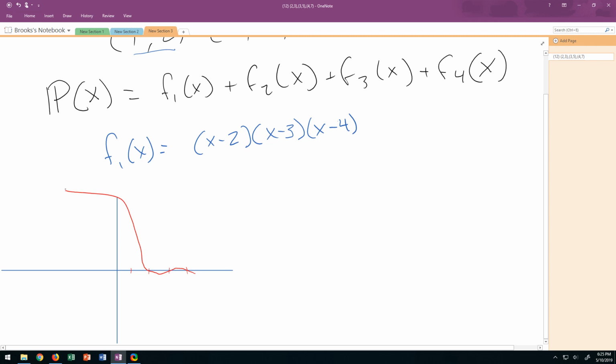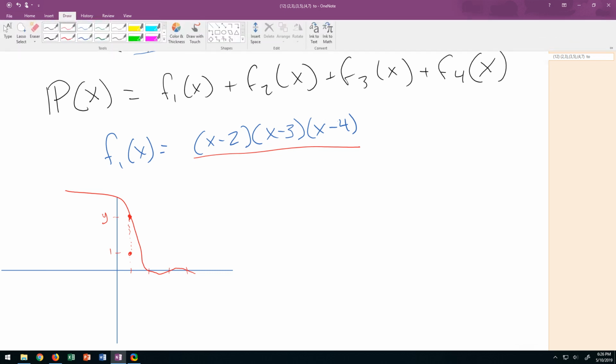Well, half constructed so far, we can actually figure out what it does at 1. We can figure out the y value right there. So if I divide this polynomial by its y value at 1, then this y value is going to get shifted down to 1, which is a lot easier to handle. So let's just evaluate this polynomial at 1. We're going to have to divide it by,